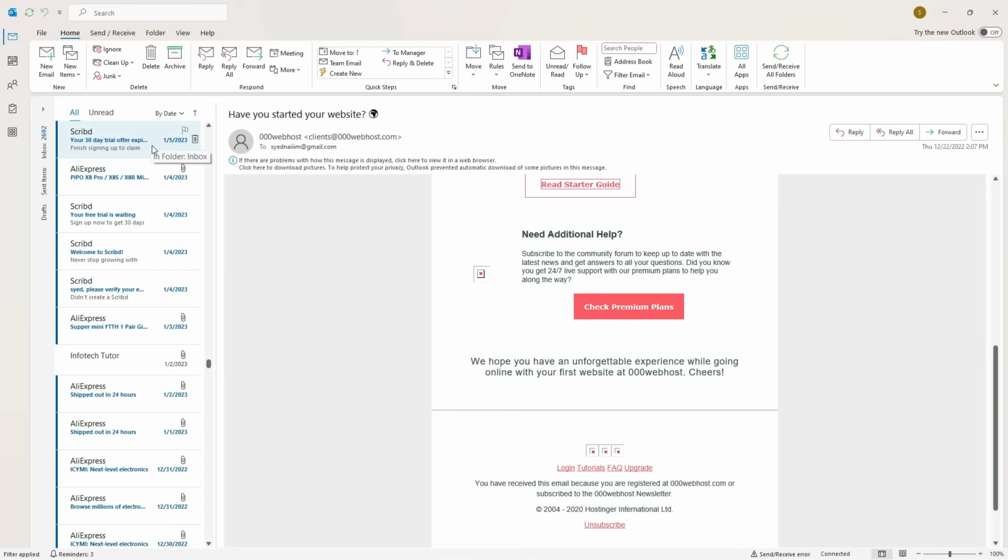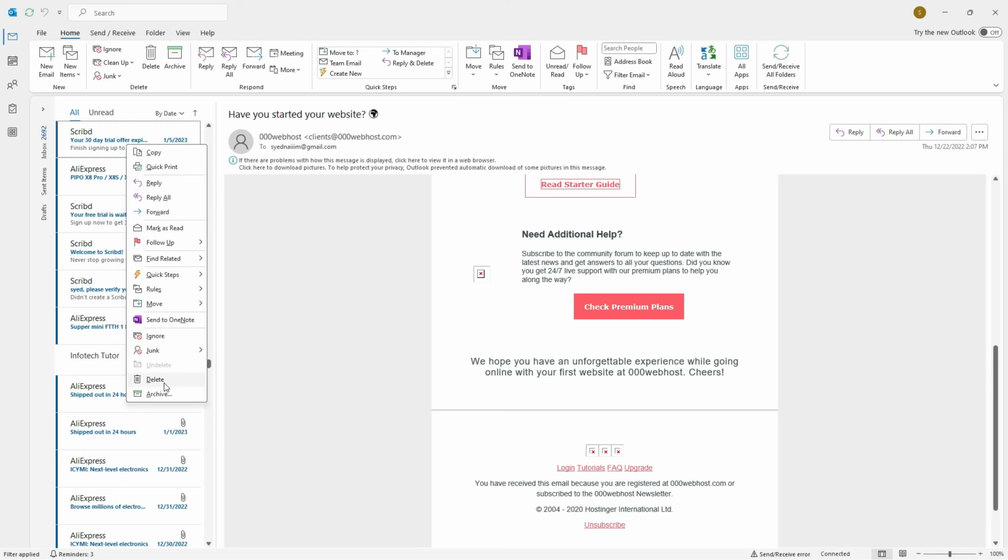So now, if you want to delete your email from the inbox, what you will do is right click and you will see there are too many options here. There is one option, delete. You can move it into junk email. Junk email is basically garbage, or you don't see it, it is not important for you. And there are too many options also there. From here you can reply, forward or whatever you want.